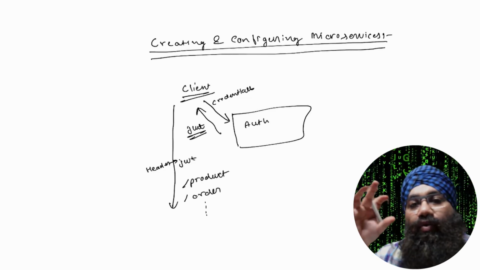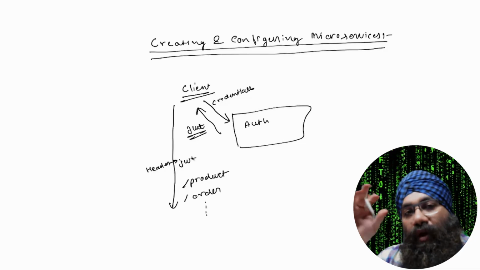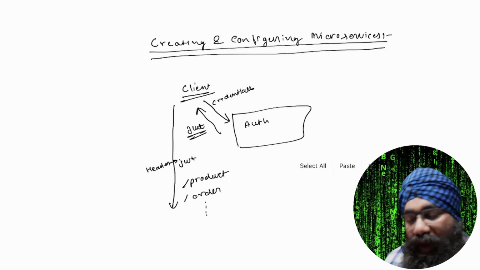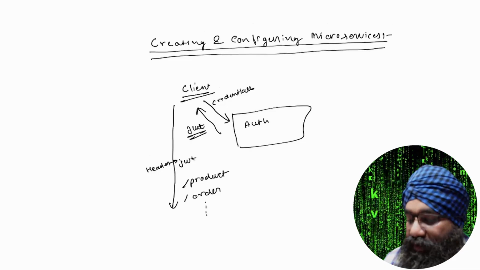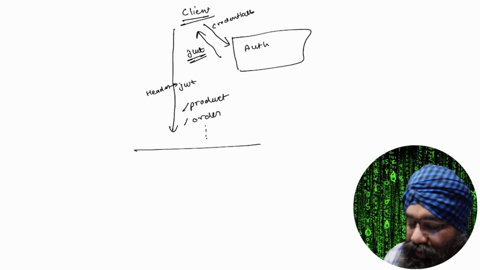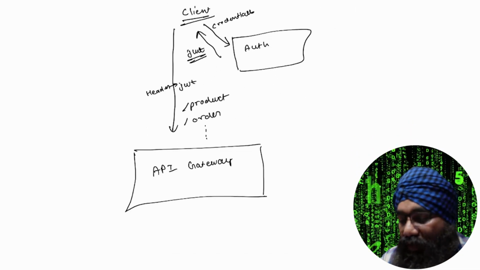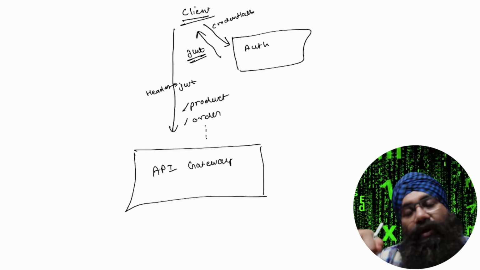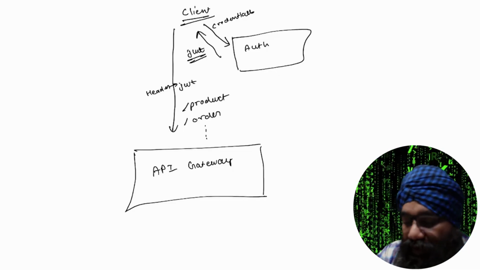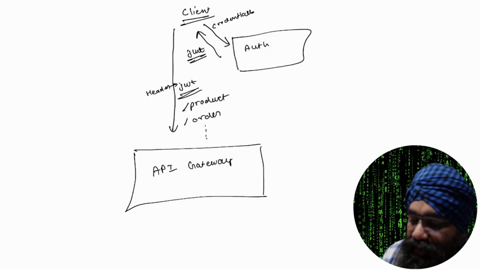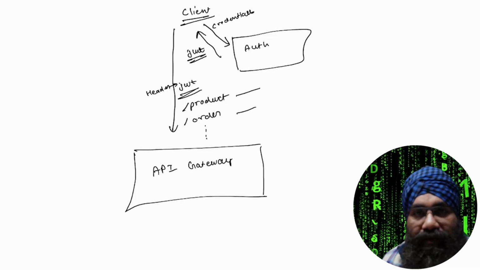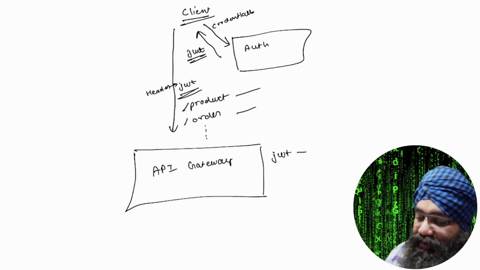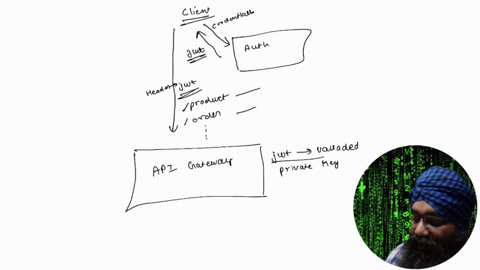In order to make the client capable of calling every microservice, before, this is an optional step but it is a good practice, we create an API gateway. So the client will not call the other services directly. It will call the API gateway with the JWT as a header and whatever path or whatever service he wants to call. Here the JWT will be validated using the private key,